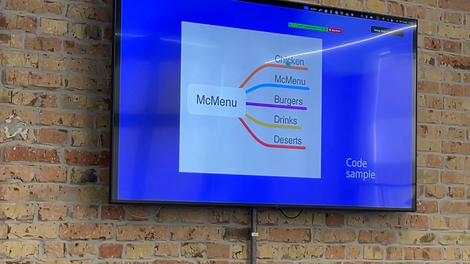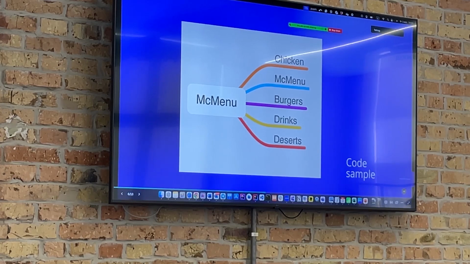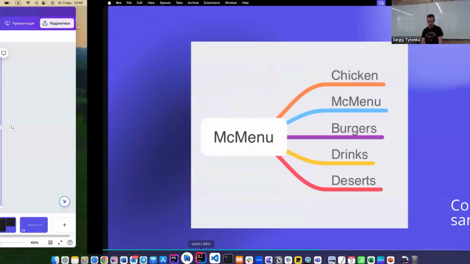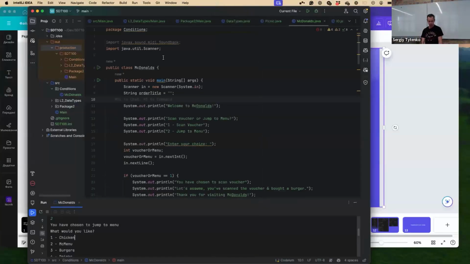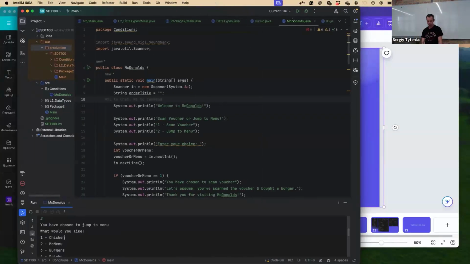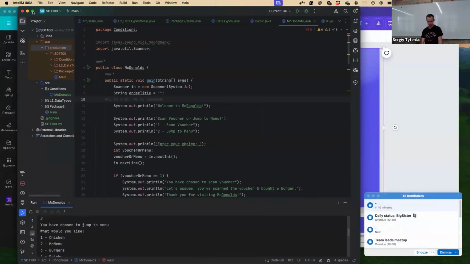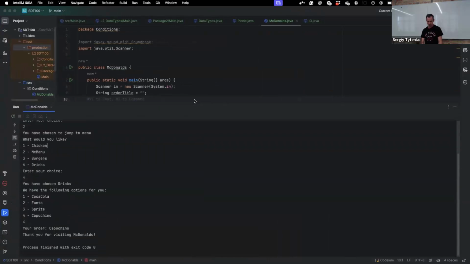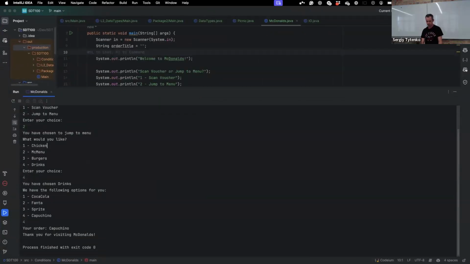For example, the menu: we could choose chicken, Mac menu, burgers, drinks, desserts, and so on. So let me show you an example of that. Let's imagine the program. Let me just run this program.